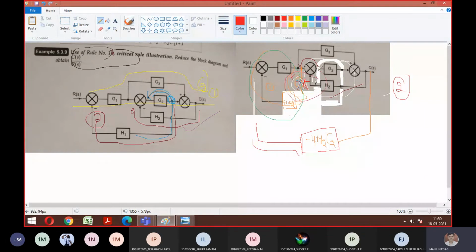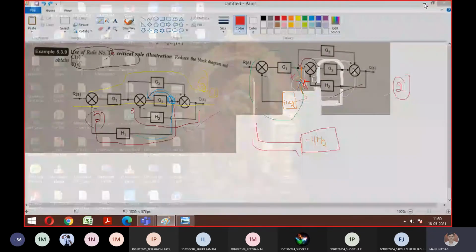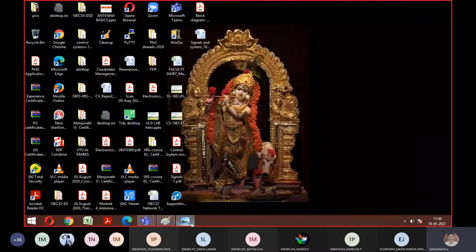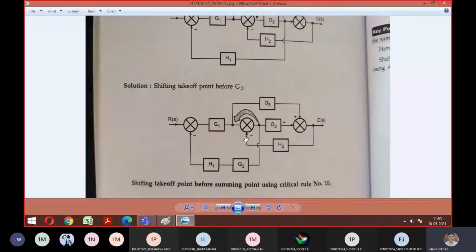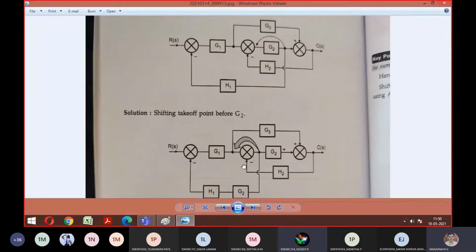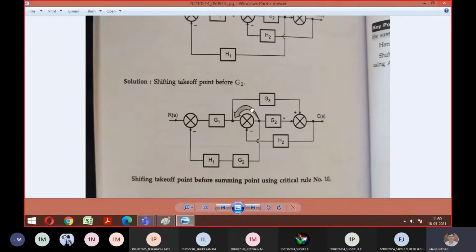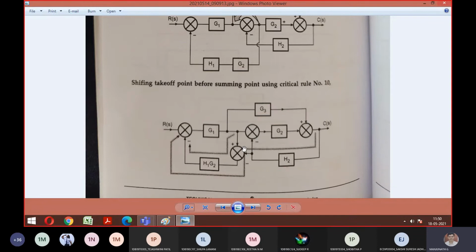Is this path clear? Okay, let me go with this explanation. Look here, this is what I'm telling. Is it visible? Look here. This is step 1. Then step 2, what we did is this. Now what you are trying to trace is separating the feedback paths. This path, which you can see with the cursor arrow mark, is one feedback path. Similarly, from output to input, this is one more feedback path.